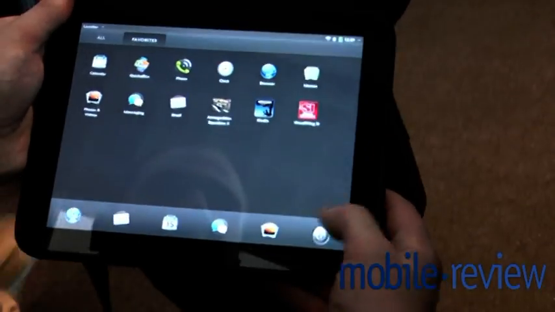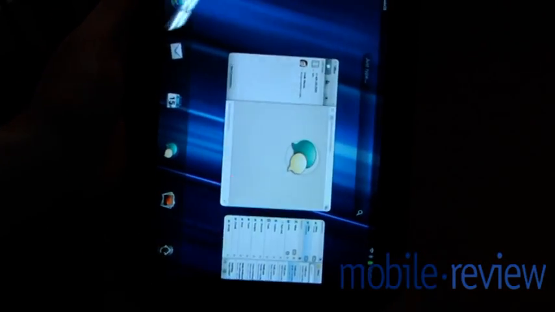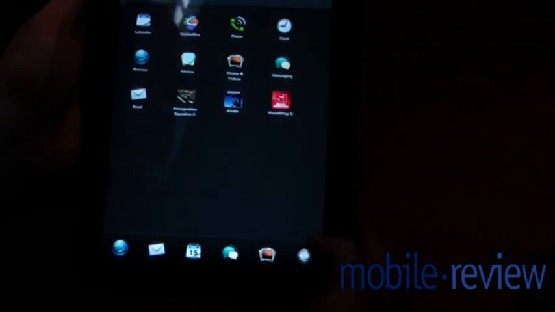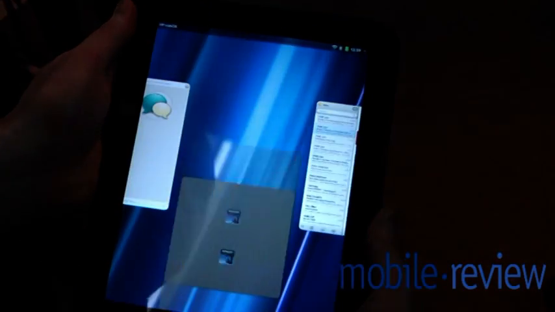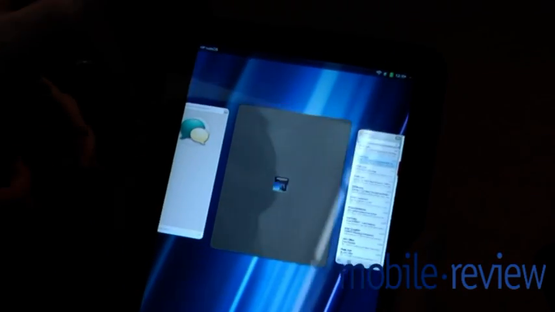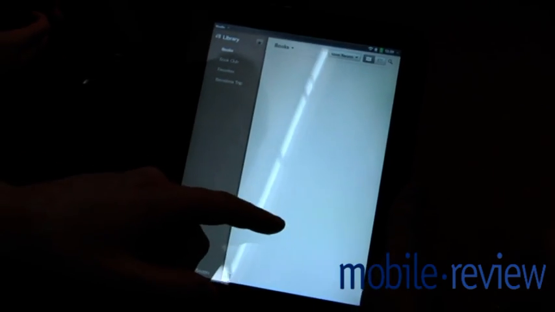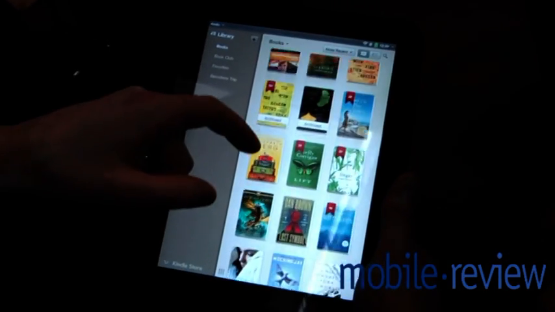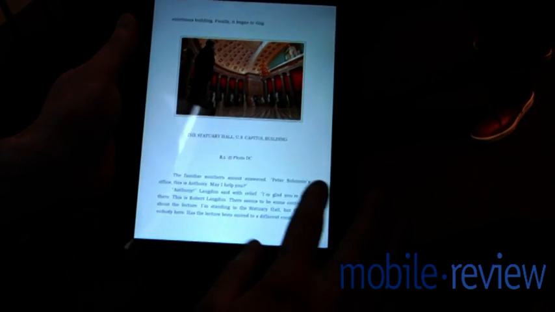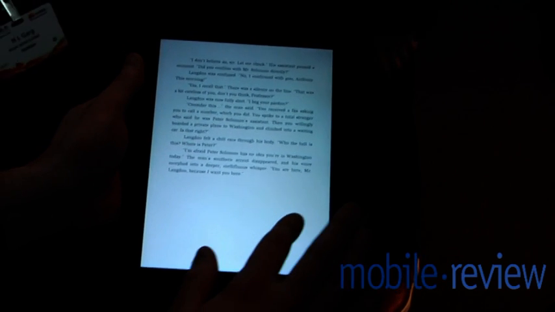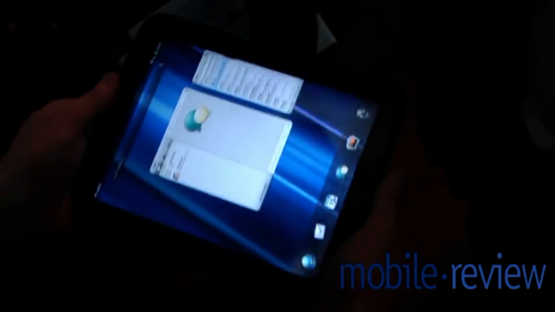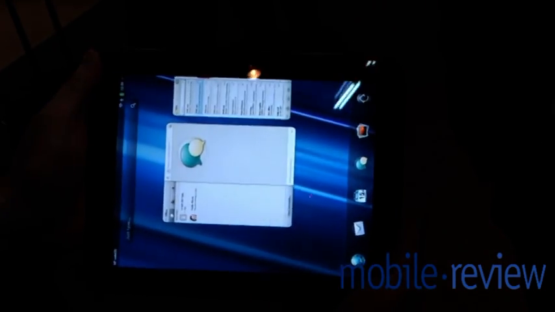What else? We also have a Kindle. We've been working with Amazon on a Kindle application, and this will allow for Whispersync integration if you have a Kindle. You can see we've got full e-reader capability here. We'll scroll through, open the book, change the size, I can switch through. So we think it's a really rich, overall, really nice multitasking, great tablet environment for business and for